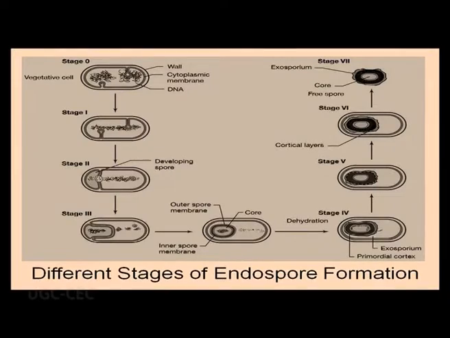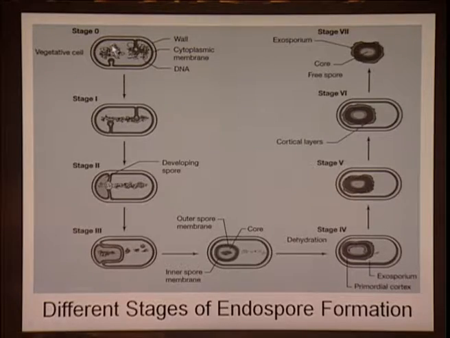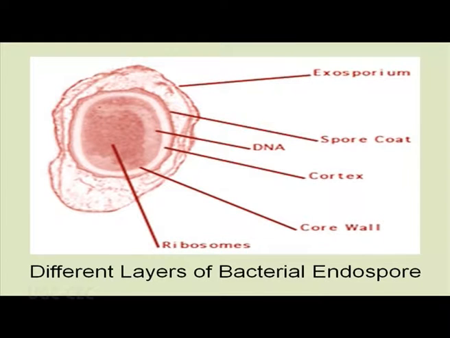Now, you can see in this particular slide how a bacterial endospore is formed. This is a bacterial cell wall, and this particular cell wall is showing some invagination, and you can see from stage 0 to stage 7 the different ways by which the endospore is formed. As it is developing, there will be an invagination and then finally formation of the prespore and then gradual thickening of the prespore, and the protoplast is getting inside, and finally the endospore is produced and it is getting separated from the empty cell to give rise to this particular structure.